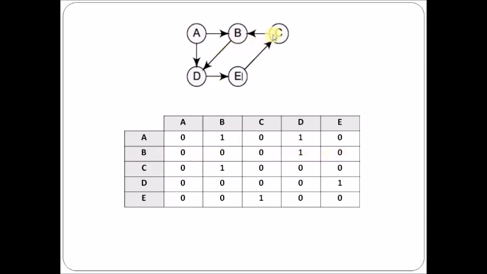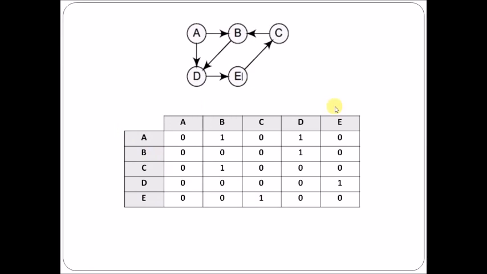For node C, there exists a single path from node C to node B. That's why from node C to node B, I have mentioned 1 here. All the remaining values are 0. Similarly, for node D, there is only a single path, from node D towards node E. That's why we have written 1 there, that is, from D to E the cost is 1. And for node E, there exists a path from E to C, that's why I have mentioned 1 here. So in this way, for a given graph, we can draw an adjacency matrix.